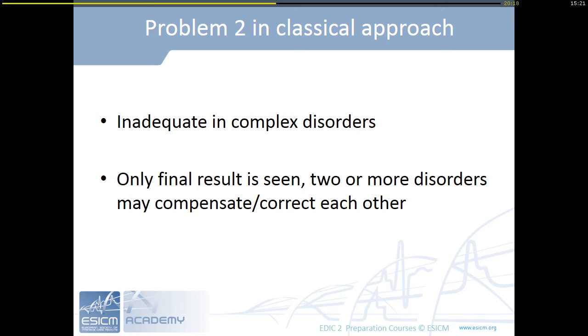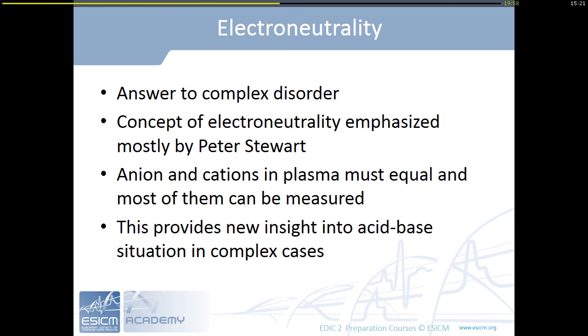The problem with the classical Danish approach is that if there are two disorders which correct each other, you cannot see them. And you have to think differently to find these complex diseases. That's why in the late 70s and early 80s came Peter Stewart with his innovative approach of quantitative assessment of acid-base, which is based on the rule of electroneutrality. Unfortunately for the clinical